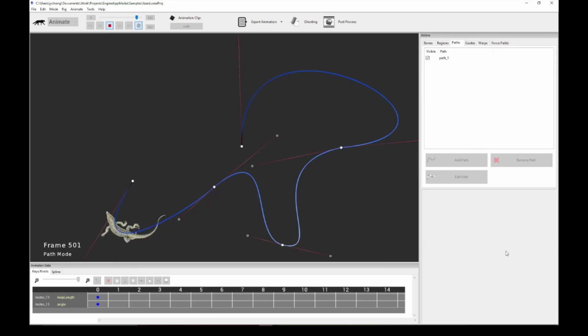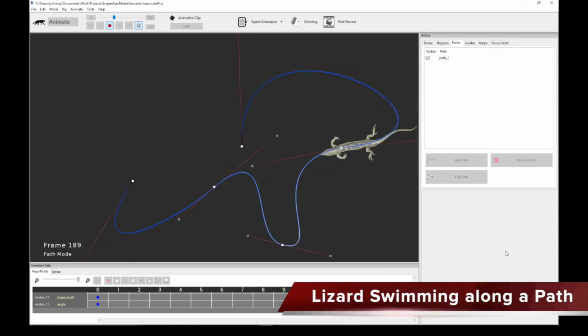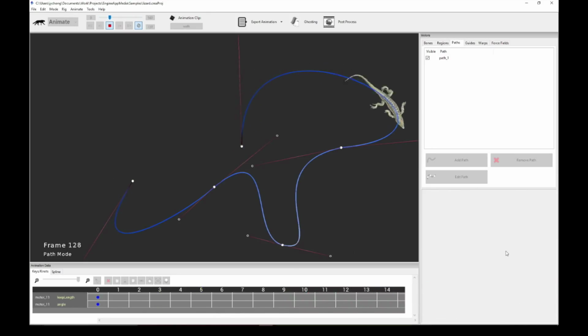Hello, welcome to another Creature tutorial. This tutorial is going to cover the new path bone motor of Creature. This new motor allows you to do something like what you're seeing on screen here. That is, you can actually apply path motion to a bone. So the bone or a set of bones are actually going to follow a user-defined spline path as you see